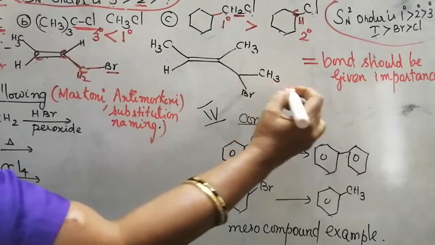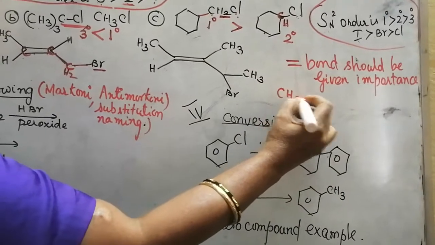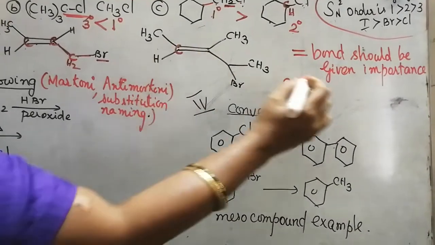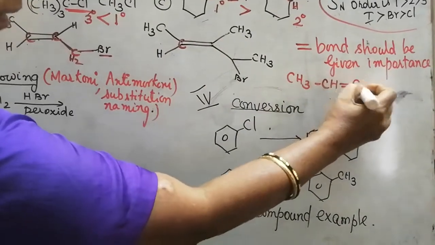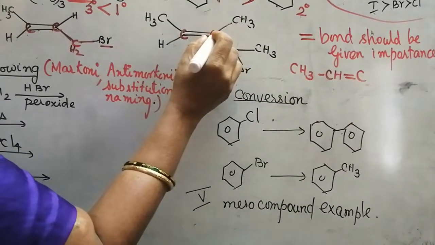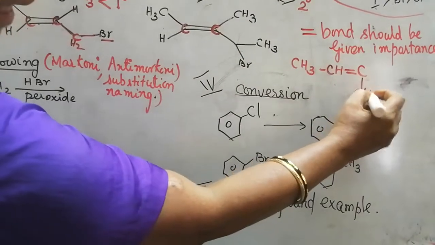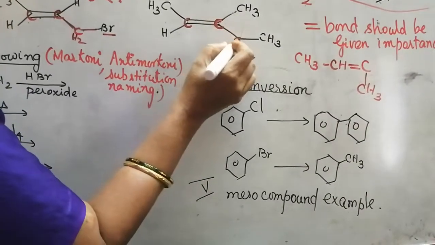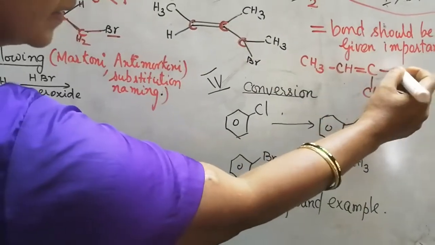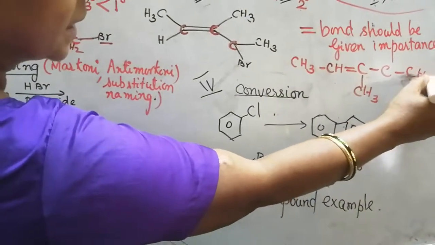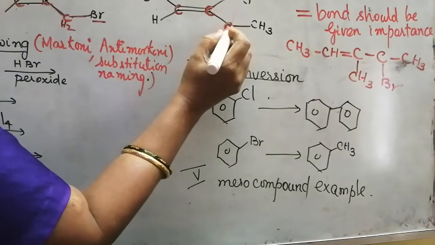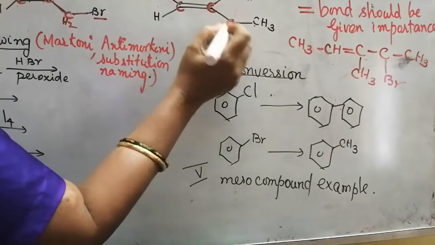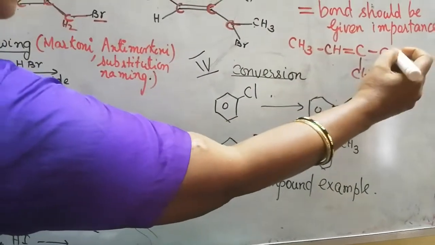Now let us go to this compound. We enlarge the compound and write CH3. This carbon is attached, CH. Then again a double bond. This carbon is attached to a CH3 branch. Then again it is attached to one carbon, C. Again CH3, and it is attached to Br. Now we have to balance the number of hydrogen atoms, 1, 2, 3. So 1, 2, 3, remainder H.